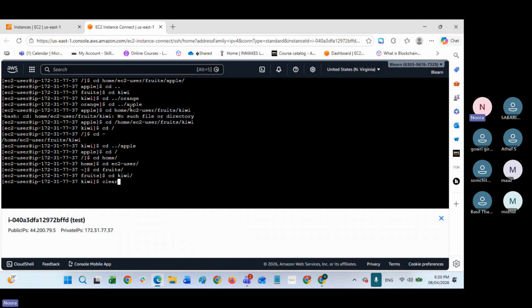Shall I clear it? Are you writing down or something? Ma'am, when you did the absolute path, you did not add a slash at the end of Kiwi, but when you broke it down, you added a slash. Is it necessary? Okay, yeah, that's not a problem. So if you can see a slash at the end, let's talk about a single